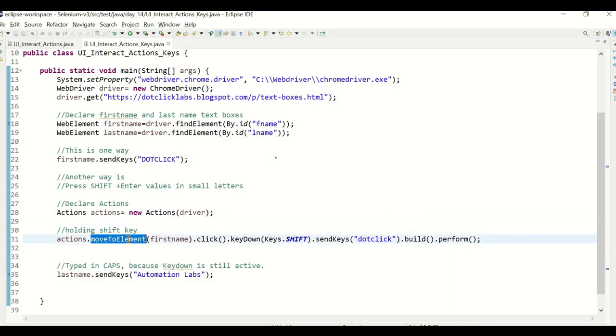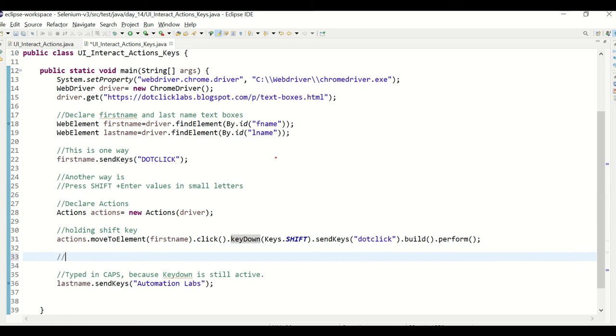So for the same scenario, we'll see now. This is a key down, which means the key is still pressed. Now I use key up over here to release the shift key press.